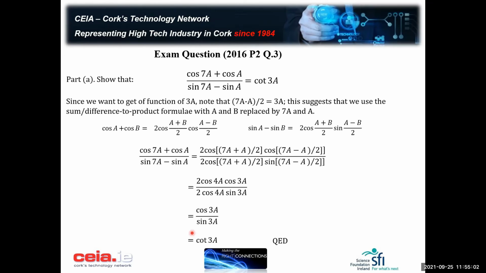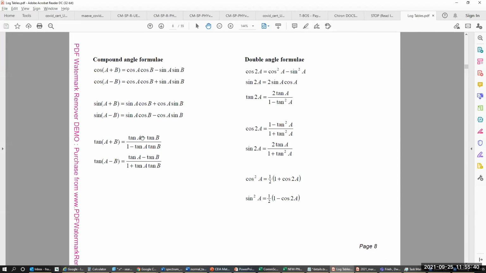Now let's look at an exam question that has one of these trig identities in it. This is actually a relatively tricky one, because at first glance you're looking for a compound angle result, with the compound angle being 3a, but you're starting off with a 7a, and you wonder how to get there. You probably need to think about this for a little while, but to get from a 7a and an a to a 3a, the only way you can really do that, if you look through what's available in the log tables,